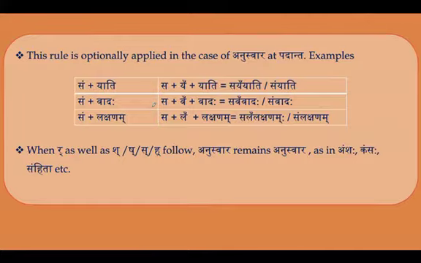So optional means that you can convert this ya into ya sound. That is the equivalent, because this does not belong to any of the vargas, tavarga, kavarga and all that, any of the consonant classes. So for ya, the equivalent nasal sound is ya. For va, the equivalent nasal sound is va. And la is la. Right? The slight anuswara sound should come. So sam plus yati will become